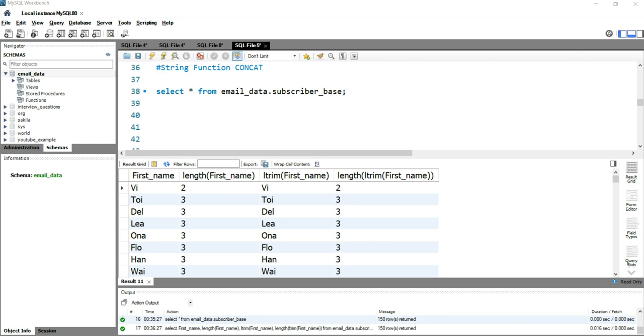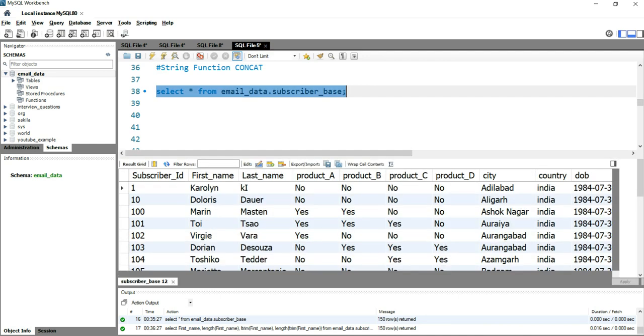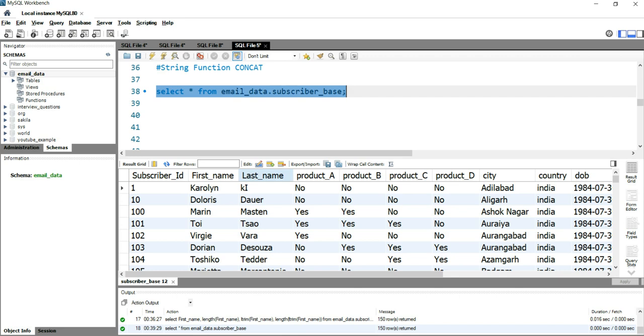So the best example for us in this video would be to concatenate two particular columns and show you how you can use this concatenate function. So we have this table subscriber base, and if I run this query, you can see here that we have first name and last name. So let's do one thing. Let's concatenate both of these names, first name and last name, and create a new column which is the name of subscriber.